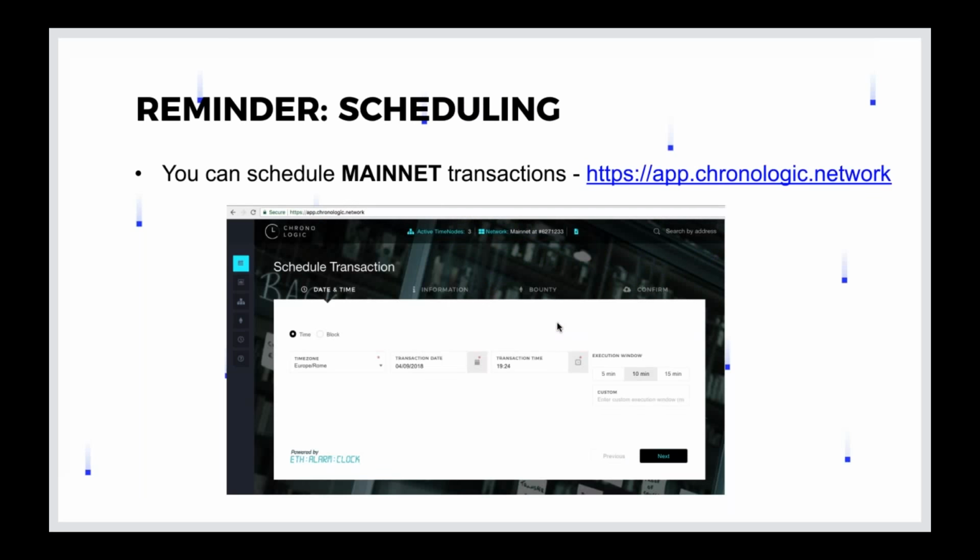Another thing we wanted to remind you guys is that scheduling is now live on the mainnet. If you have any use case for scheduling, if you have something that you want scheduled, we do have it running on the mainnet, and we do have mainnet time nodes up and running. So you can run your own as well, and you can start scheduling transactions. You don't have to wait anymore. You don't have to do anything. You can just go ahead and schedule if you go to